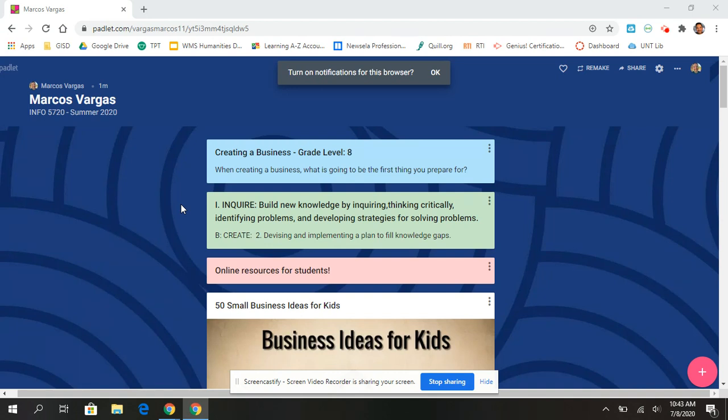And then once you know exactly how a business is created, then you can even go a step further. How does it affect our economy? How does it affect me? How does it affect my economy? So this is what we're going to be working with, creating a business. The end goal perhaps isn't necessarily to create a business, but to be very familiar with how a business is created, or the steps for a business to be created in the real world, so that way we are more knowledgeable about our economy and our world today.